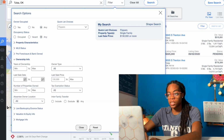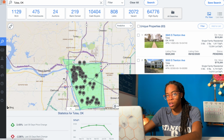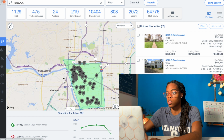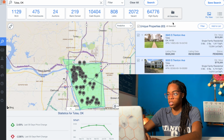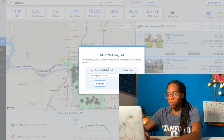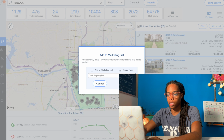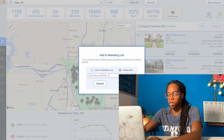We can see 63 properties that were purchased for over $130,000 and then are now either being resold or were recently resold on the MLS. So I'm going to take this list and select the entire list here, hit add to list, and name it cash buyers 130K plus, and then today's date, which is September 29th. And I'm going to save that list,